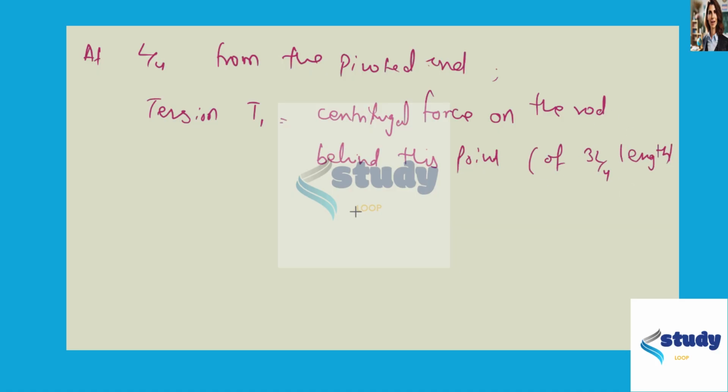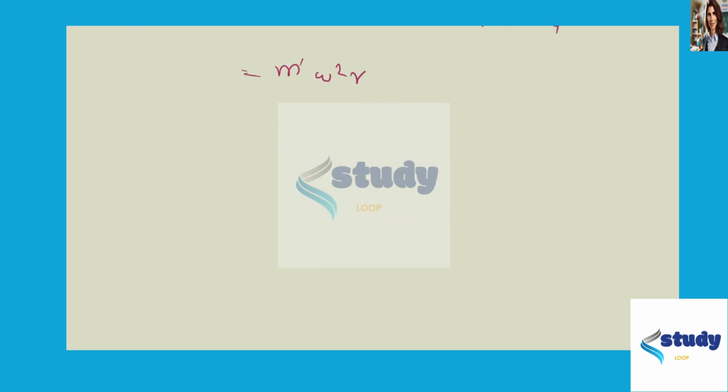So this is given by m dash into omega square into r. So this will be equal to m by L into 3L by 4 into omega square into L by 4 plus 3L by 8,